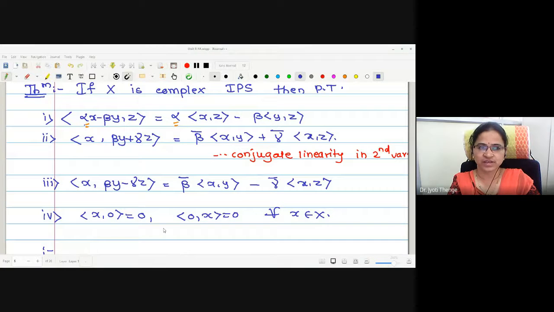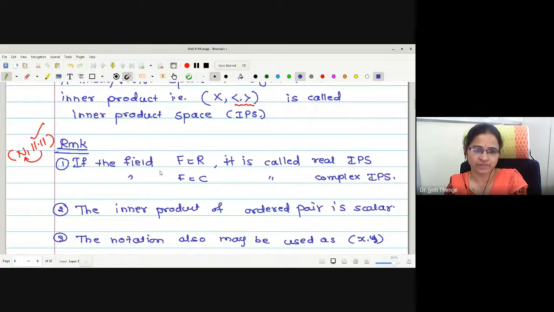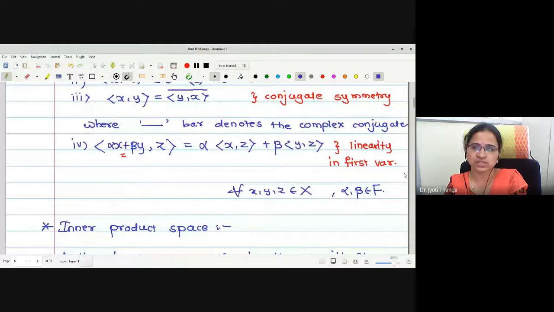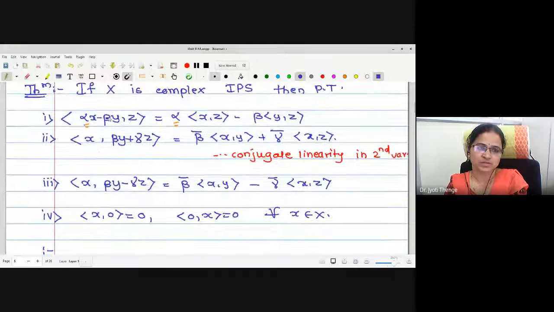In the last lecture, we completed the properties of the inner product spaces. The first one is linearity, that is, the linear combination we have written as alpha x plus beta y in the definition itself. It is called linearity in the first variable, where it is in the addition format. The same is true for the subtraction format. This we have proved. Also, we have proved the conjugate linearity in the second variable, which is for addition and subtraction as well.